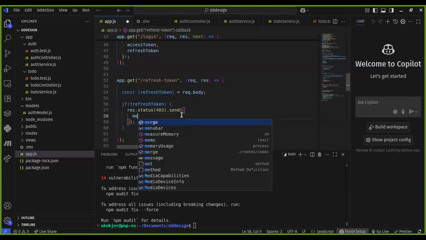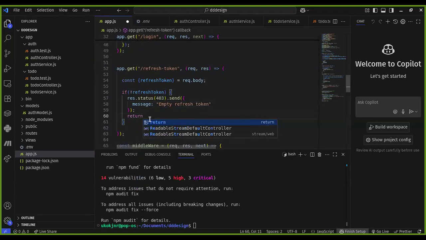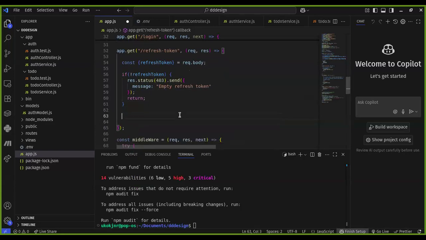Then you say message: empty refresh token. It's empty because you're checking specifically if it's empty. Then remember to have a return here. Then what else would you want to do? Const. Now remember,